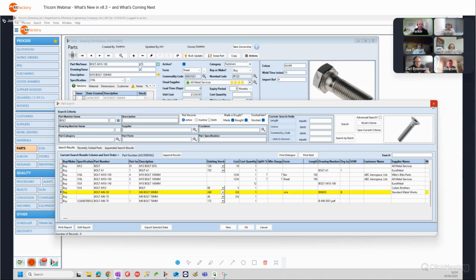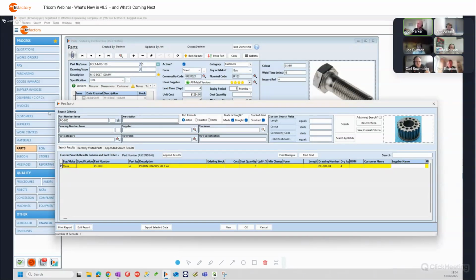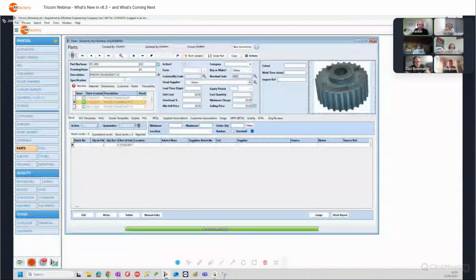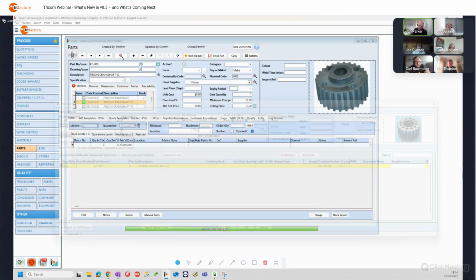Let's go and search also for PC 800 part. Now look at it here, we can see we've got 4 versions of this part, and I can just zoom to each version and see a picture of each version of that part in history. Oh yeah, one more thing I wanted to show you in here was that part,